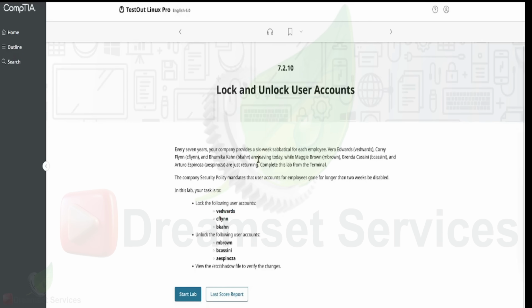So the company security policy mandates that user accounts for employees gone for longer than 2 weeks be disabled. So in this lab, your task is to lock the following user accounts: V. Edwards, C. Flynn, B. Khan. Unlock the following user accounts: M. Brown, B. Cassini, A. Espinoza, and then we're going to view the